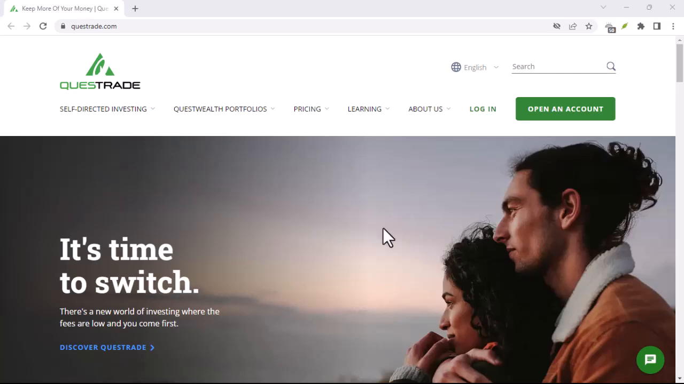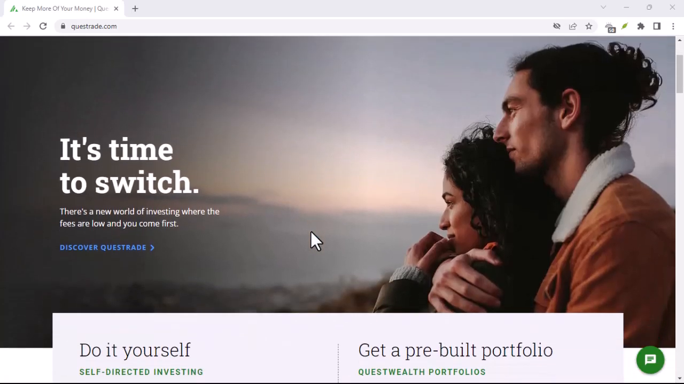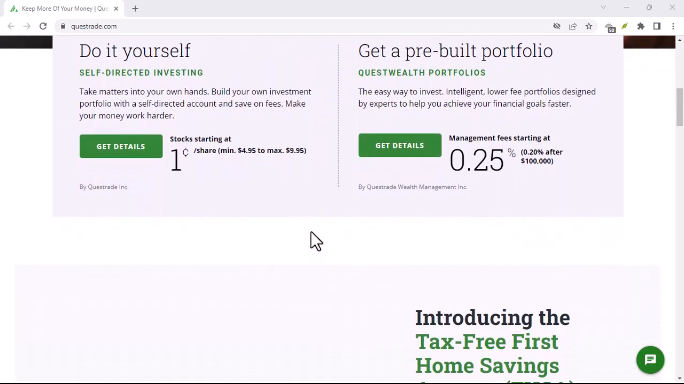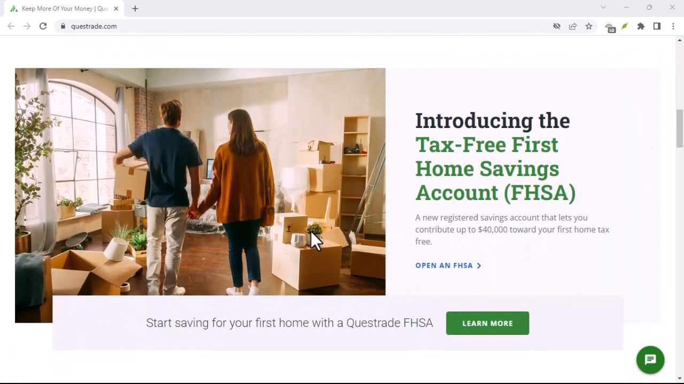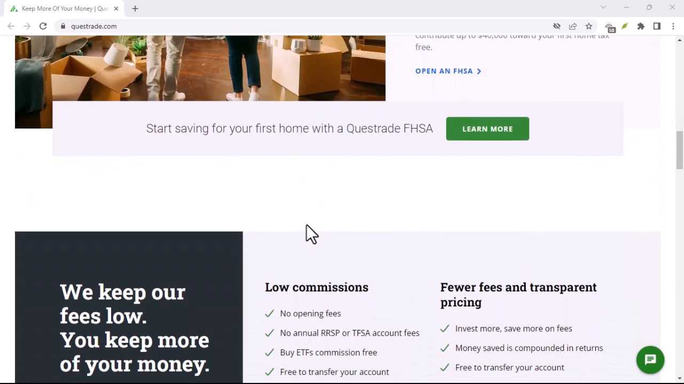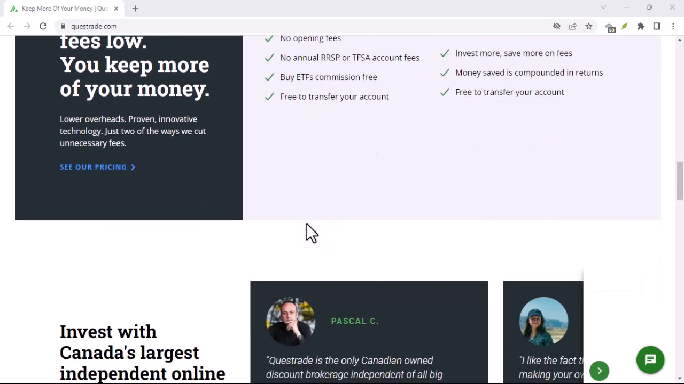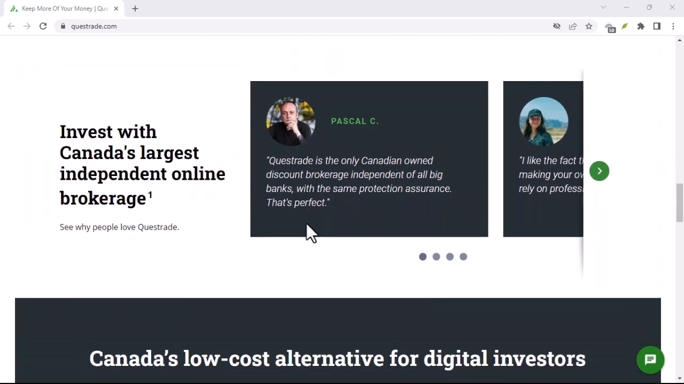Have you ever felt overwhelmed by the complexities of traditional brokerage accounts? Tired of hefty fees and limited investment options? If so, then Questrade might be the solution you've been searching for. In this video, we'll guide you through the simple steps of setting up a Questrade account and unlocking the world